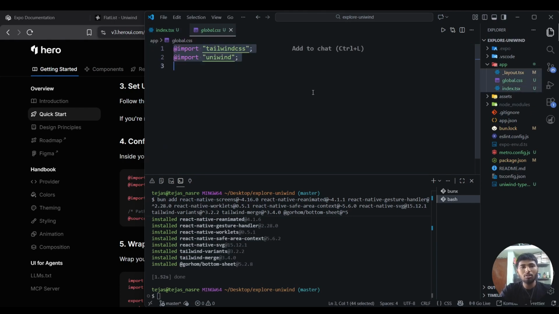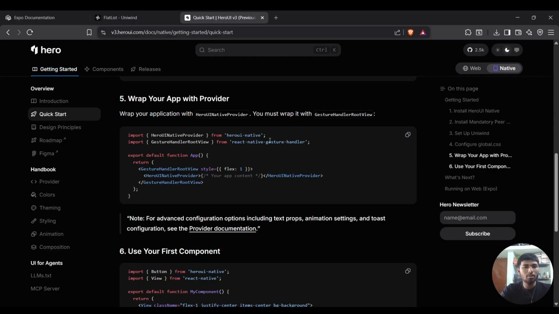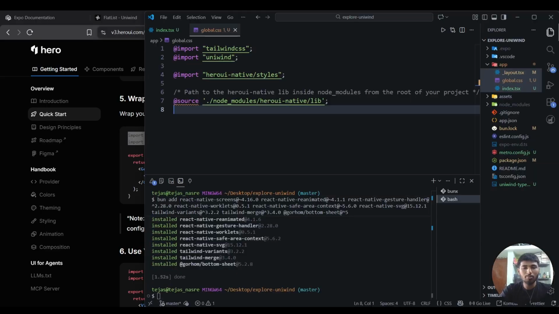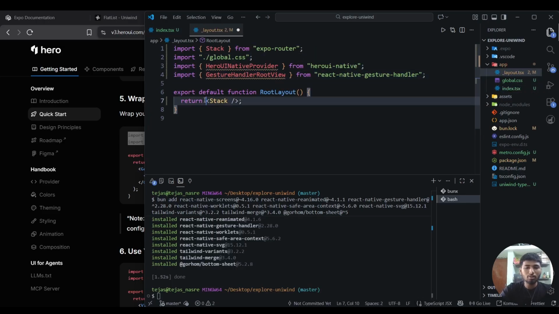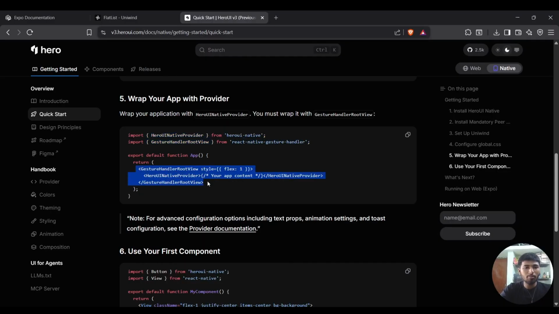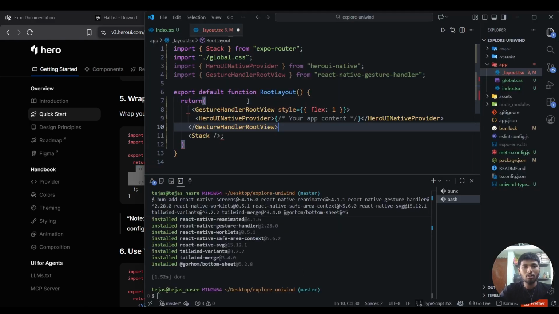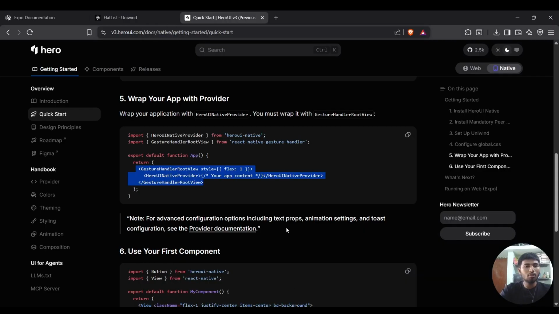here. So I will just do this, and after that we have to wrap the providers. So I will be copying this stuff and I will go here and then I will wrap this stuff here. So we just want this. After that,